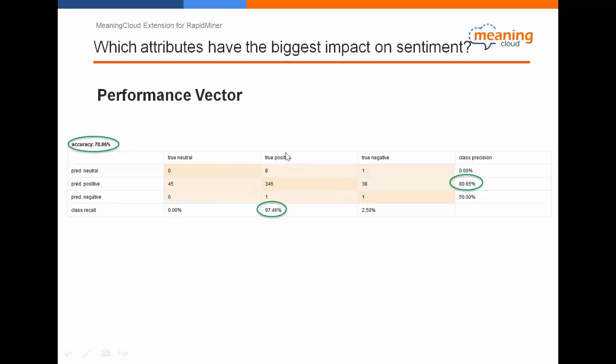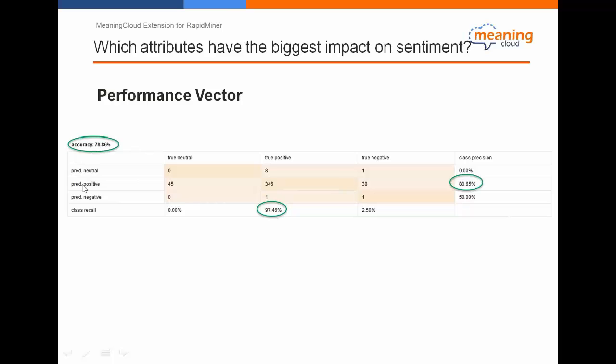In this column, in all the cases that have a real positive polarity, the model assigned a positive polarity in 346 cases, which means the recall of this class is very high, 97%.